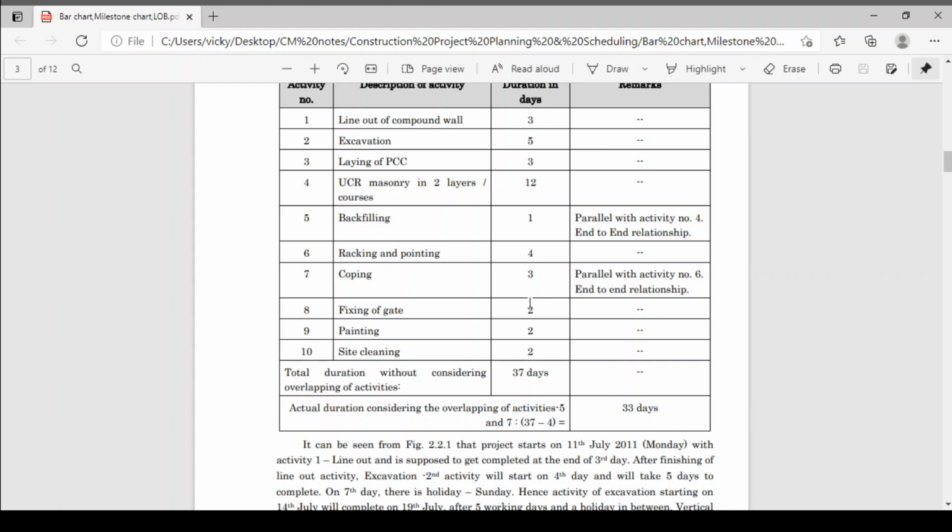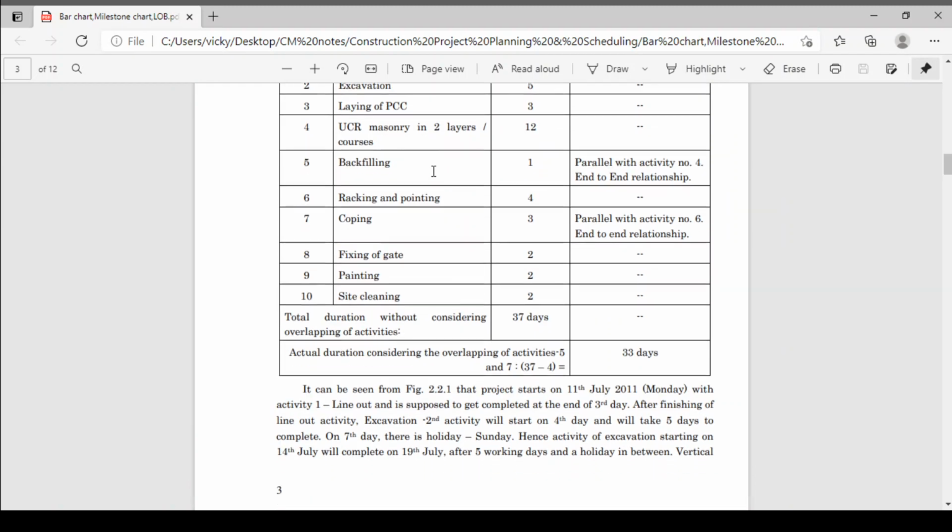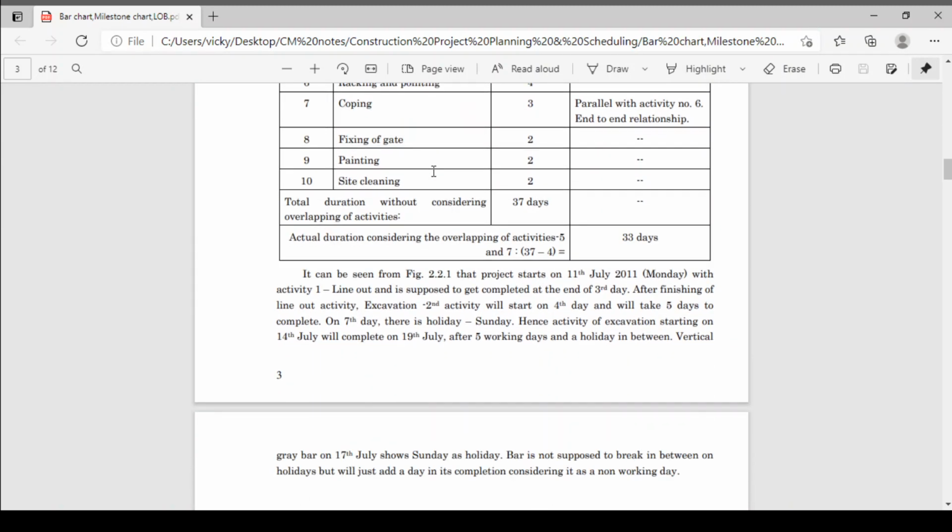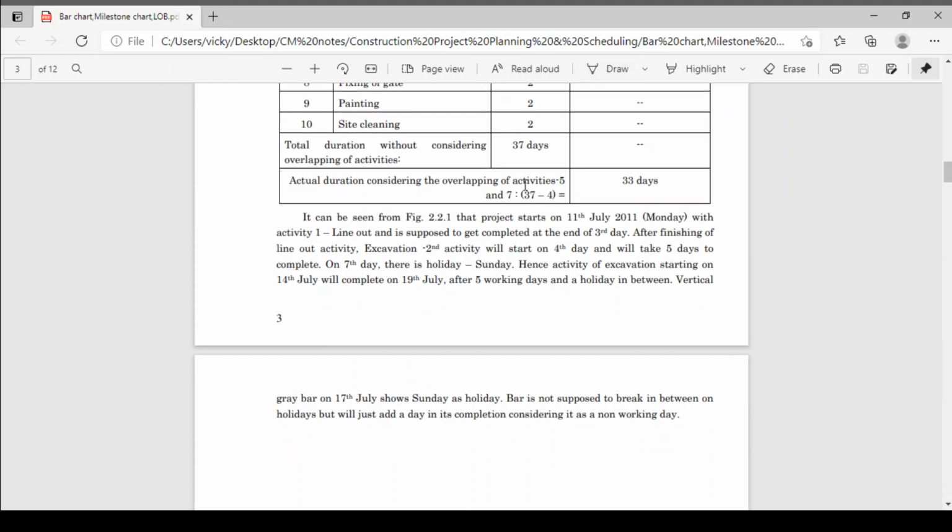If you add all the durations, the total duration required is 37 days, meaning we have to complete that project in 37 days, where we have considered that every relation is an end to start relationship. That means when the first activity ends, then and only then the second activity will start. That relation is called an end to start relation. But when you plot this on MS Project or on a graph, you will get to know that you can reduce that 37 day duration. How you will reduce that duration, we will see.